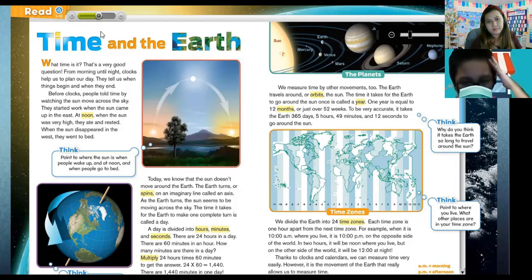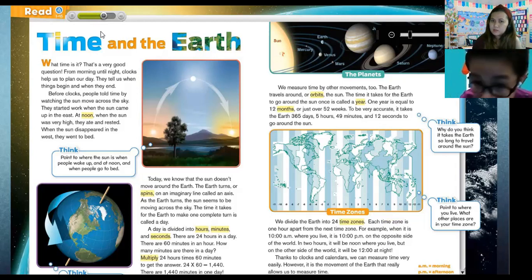We measure time by other movements too. The Earth travels around or orbits the Sun. The time it takes for the Earth to go around the Sun once is called a year. 1 year is equal to 12 months, or just over 52 weeks. To be very accurate, it takes the Earth 365 days, 5 hours, 49 minutes, and 12 seconds to go around